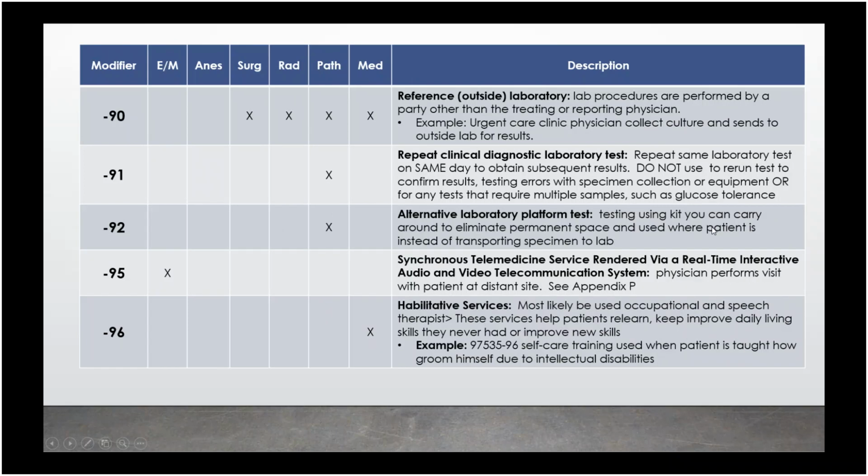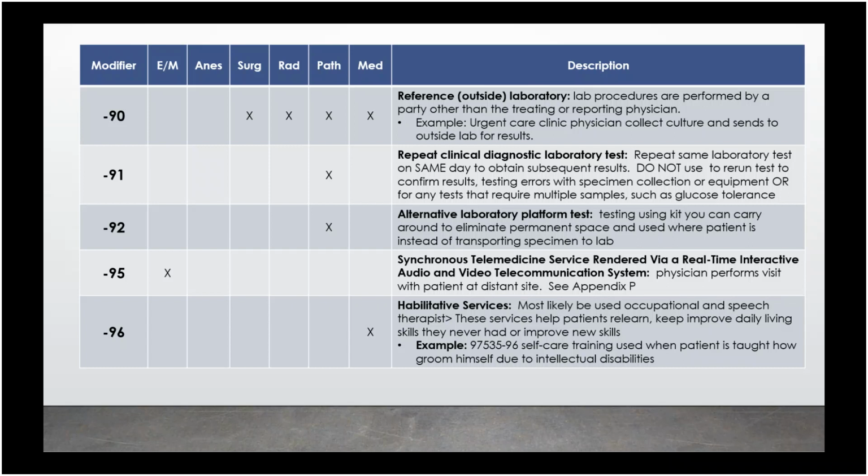90, surgery, radiology, path, and medicine. Reference to the outside laboratory. This is where you pull the labs, you do the cultures, and you send them off to an outside lab for them to read. Such as an urgent care clinic, physician collects the culture and sends it to an outside lab for the results. This is when we were talking about the CMS 1500 and you had to tell was there